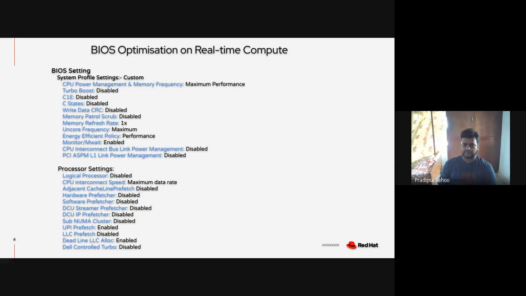It is also recommended to disable the logical processor in the host. So in our case, we disable the logical processor to quantify the performance